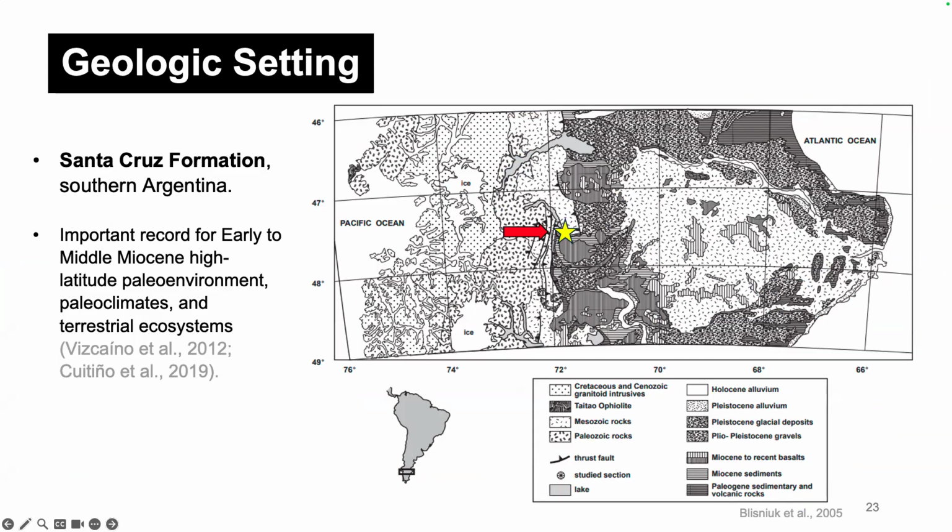Research focuses on the Santa Cruz Formation, a key archive of early to middle Miocene high latitude paleoenvironments, paleoclimates, and terrestrial ecosystems in the southern hemisphere. Unlike the northern hemisphere, where terrestrial paleotemperature proxies for these periods are more abundant, the southern hemisphere has a scarcity of such records, making this formation particularly valuable. The Santa Cruz Formation consists of diverse lithologies, including tuffaceous deposits, fine-grained sedimentary rocks such as claystone and mudstone, and